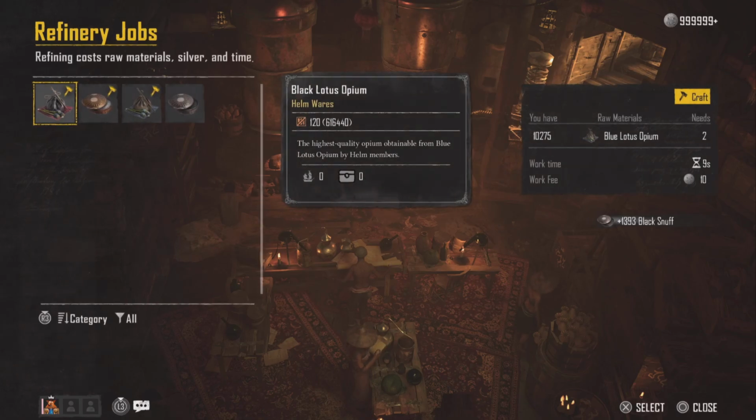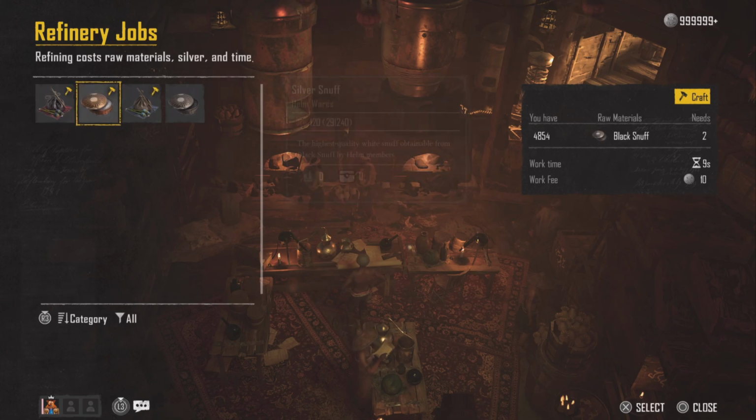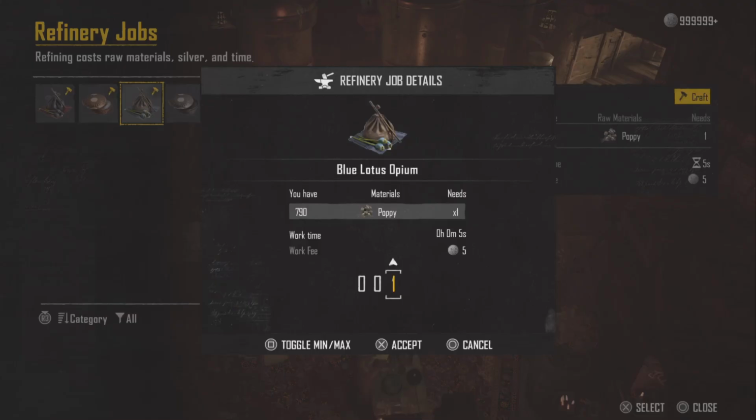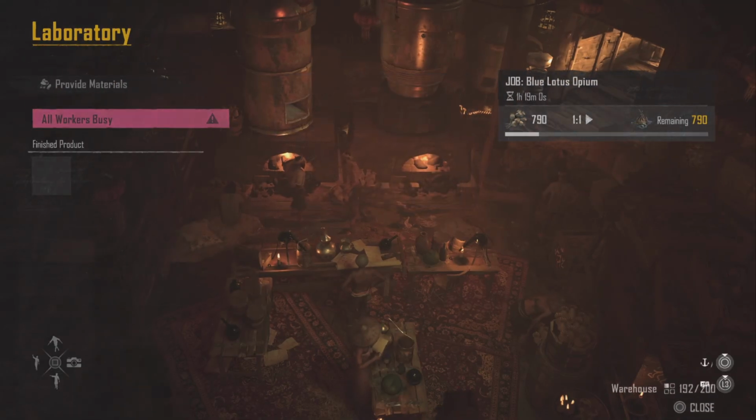So we've got the black snuff, and there you go. We've got 10,000 blue lotus opium. It needs 2 to make black lotus, and then silver snuff. It needs 2 black snuff to make silver snuff. So we are going to craft these. As you can see, there is a work fee that's going to cost me 4,000 silver. So you do need some silver